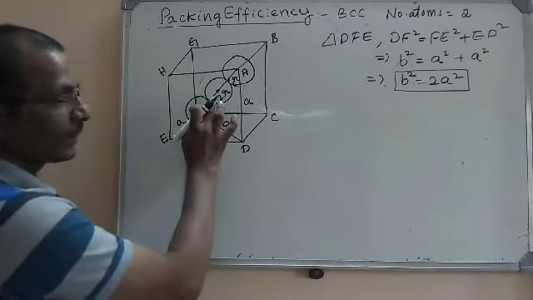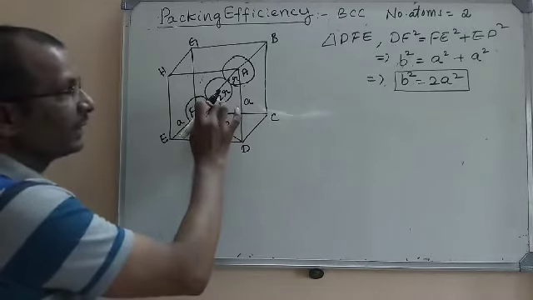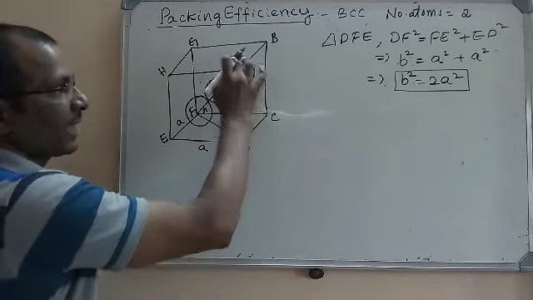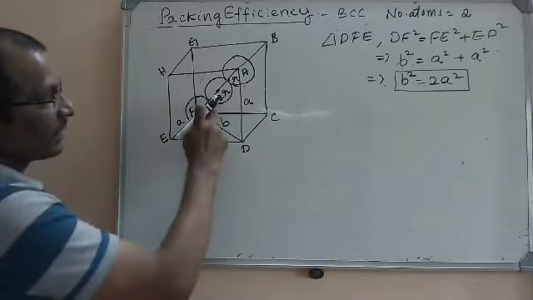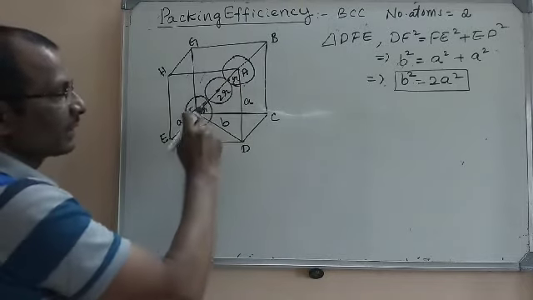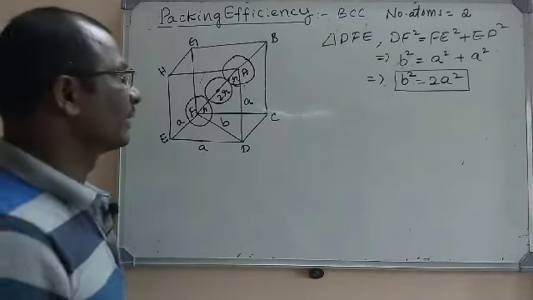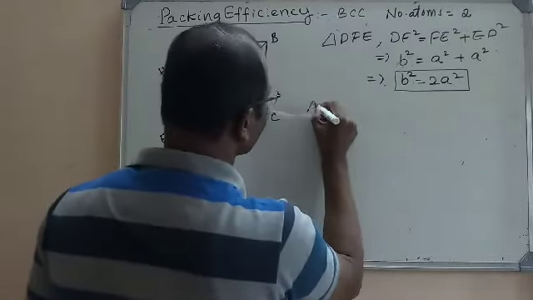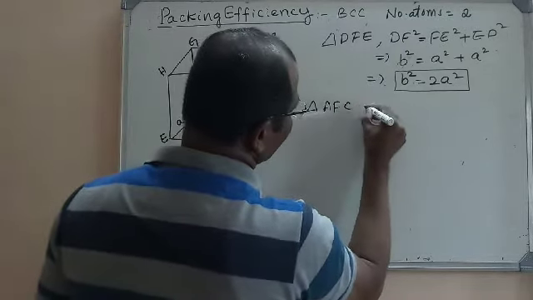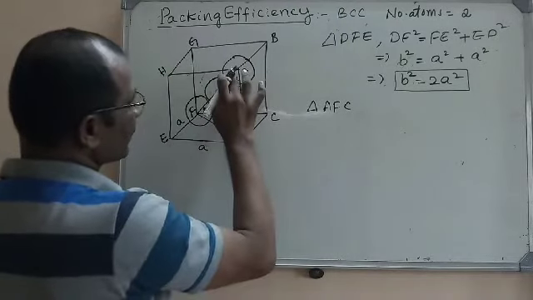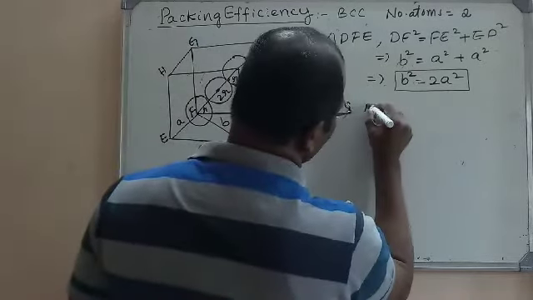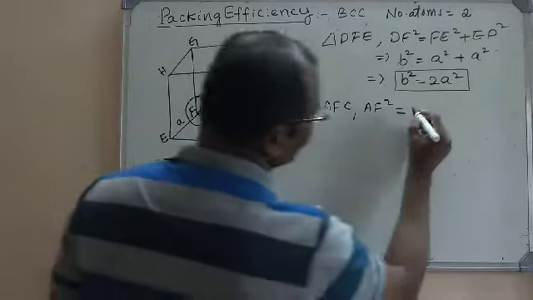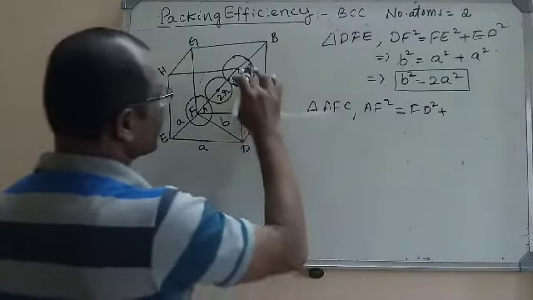Now here also the center sphere, this is the atom at the center of the body, will be touching the spheres at the opposite corners, the atoms of the opposite corner. This is the center atom at the center of the body. These are the spheres at the opposite corners of the body. Now let us apply the Pythagoras theorem here. AF is the hypotenuse. So I will take triangle AFC again here. So what is this hypotenuse? This is AF. So we have AF square is equal to FD square, one side, and the other side is AD square.